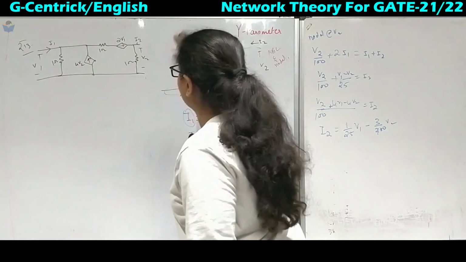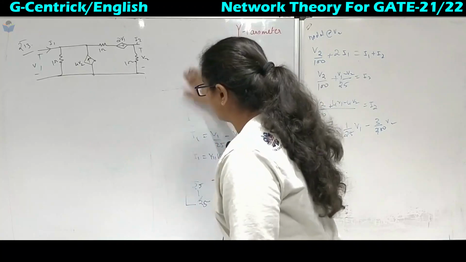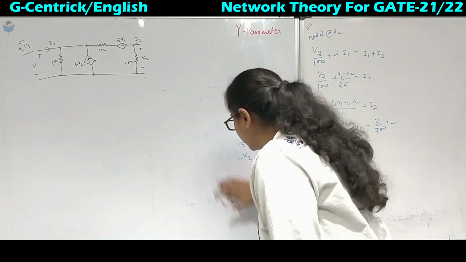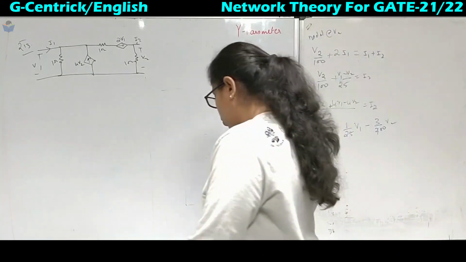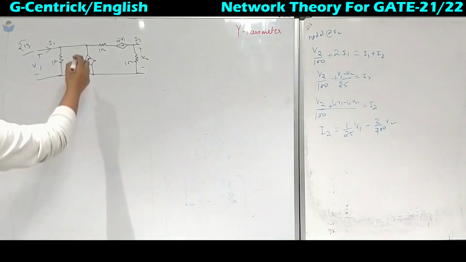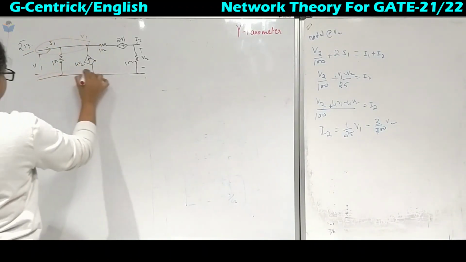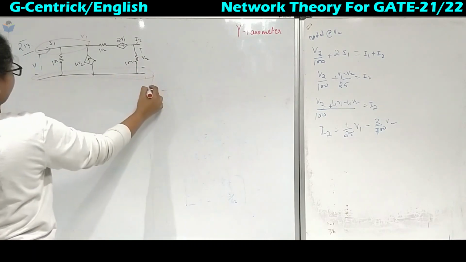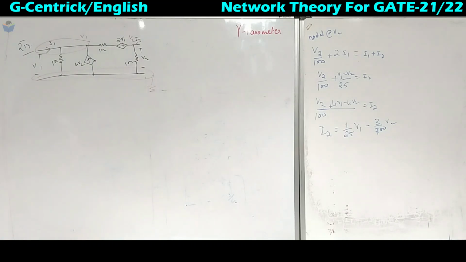Here also we have to find the Y parameter. Again it is not a pi network nor a bridge network. Nothing special we have got here. So again we can use nodal analysis to solve this one. Here this whole thing is nothing but V1. This whole thing I can ground it. Okay, here is V2.